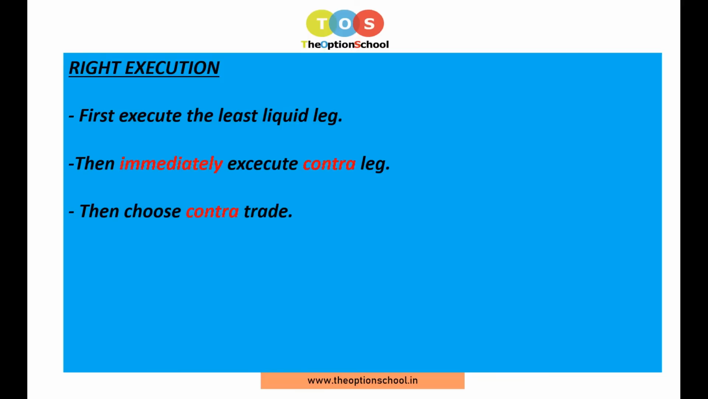Then choose the contra trade. Now I have completed my bear call spread. That means a bearish trade. Now I will start doing a bullish trade, bull put spread. Sorry, in a bullish trade, it is sell put, not buy put. Buy put is a bearish trade. So I will first sell a put as the third leg, and the fourth will be buy put. So first execute the least liquid leg, immediately execute the contra leg,